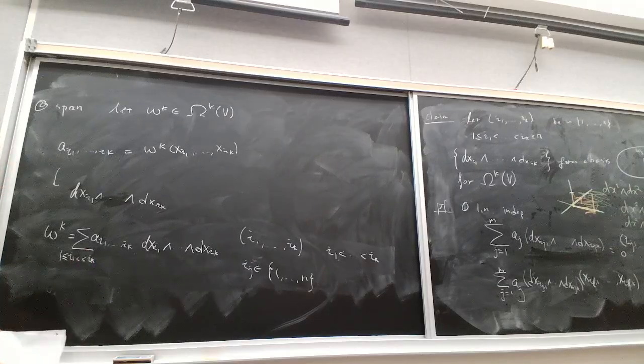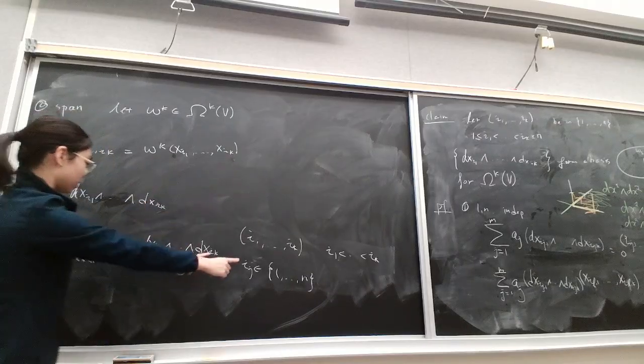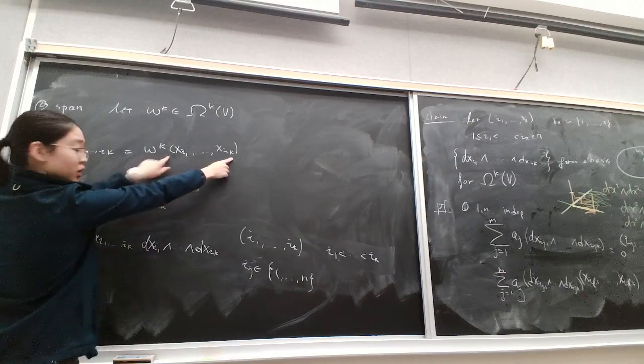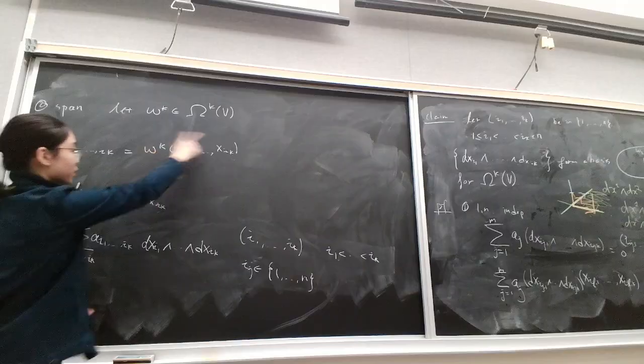I think it should be clear that if you plug this onto both sides, it gives you that both sides are equal, right? So if you plug this into the left side, it gives you this coefficient. And if you plug this into the right side,